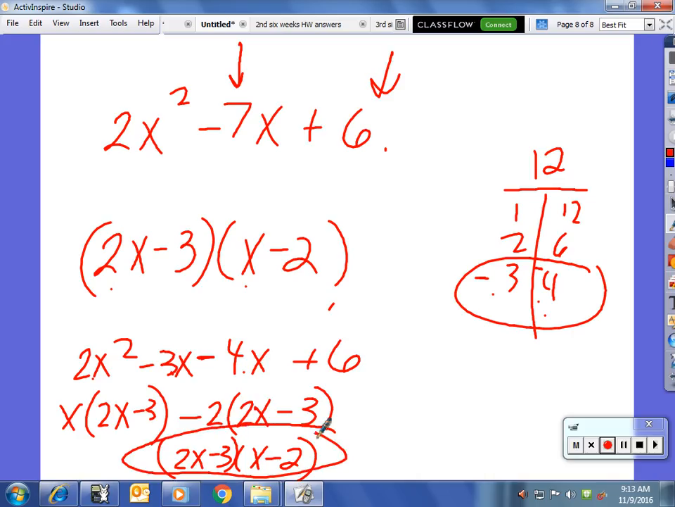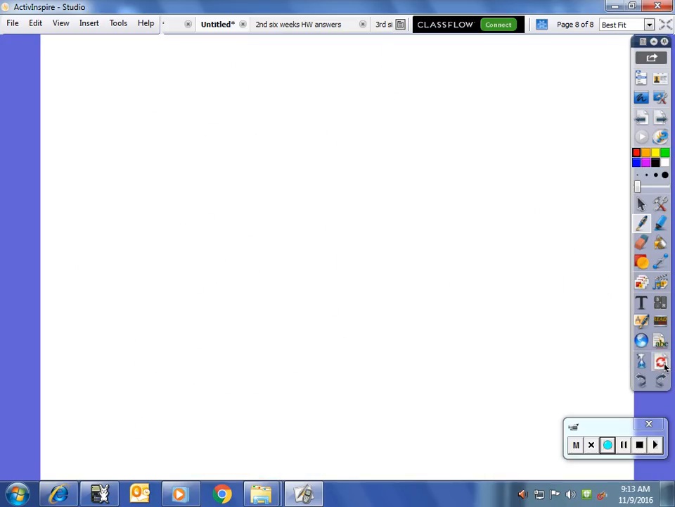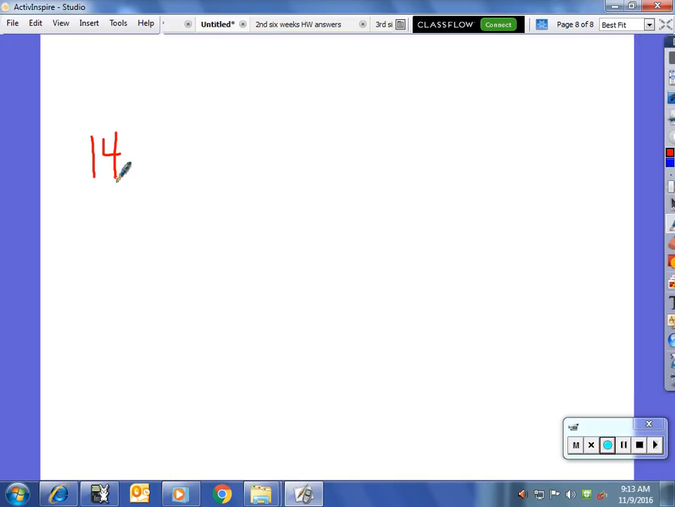All right, let's do one more, and then I'll feel confident that you've got this. Let's do one where you're going to have a very large number at the end. Actually, we're going to do two more because I forgot. We're going to do one with a negative value for a. 14x squared plus